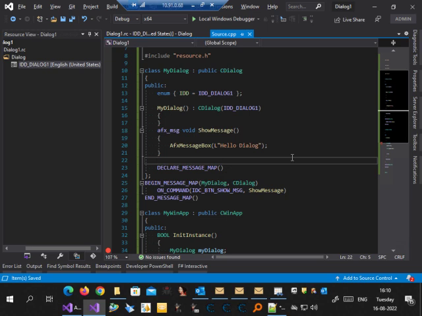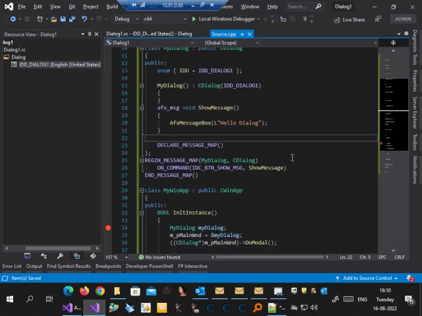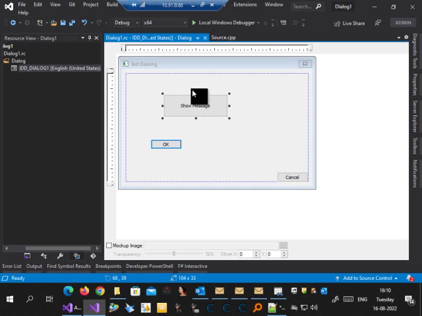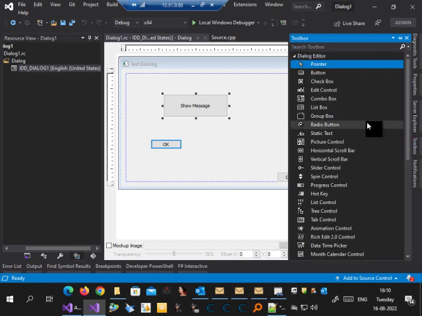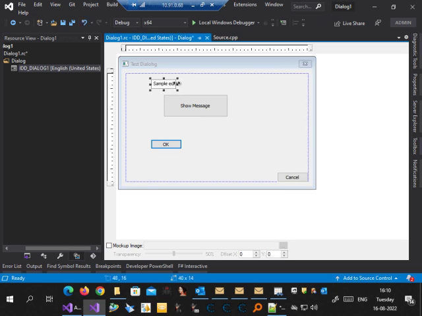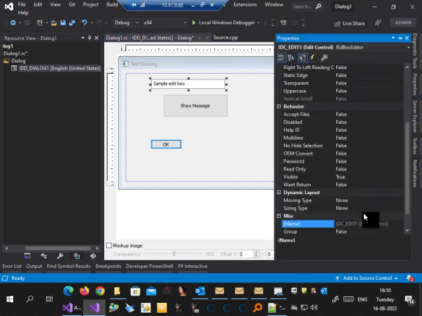UI. I think they are also having the MFC UI, MFC dialog actually. So this is a very basic thing. Whatever you want to do, you have to go to the resource, double click. If you want to add an edit box, so where is the toolbox? Click here, add here. So assign a proper name, go to the property,